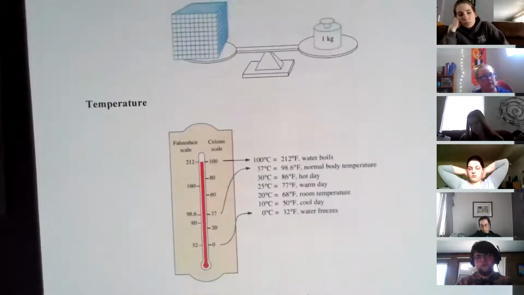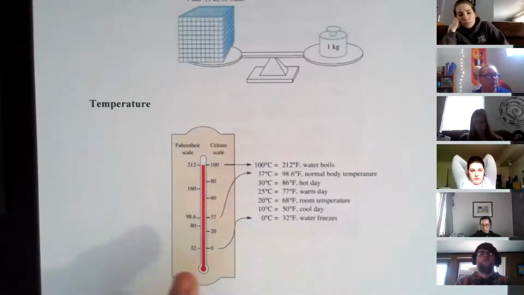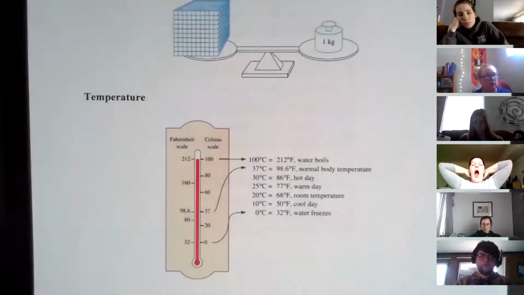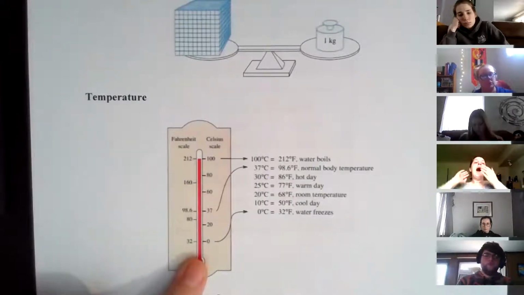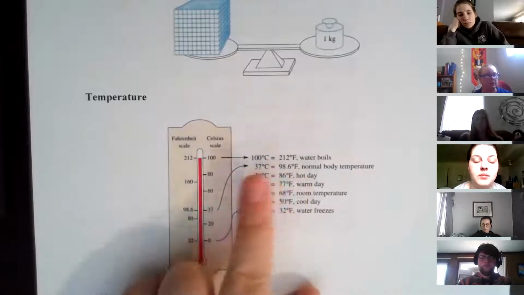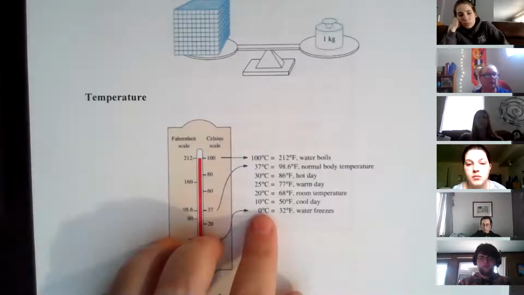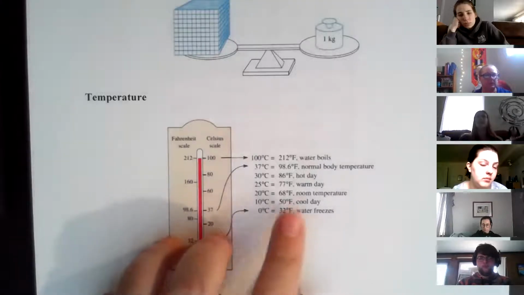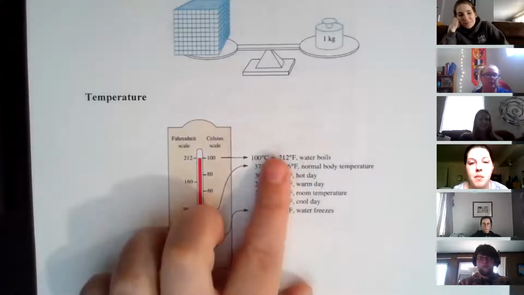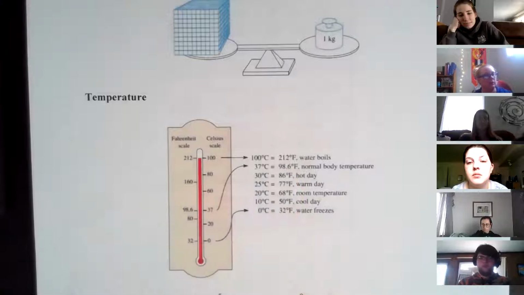Then we also have temperature. Here we use Fahrenheit. Everywhere else uses Celsius. And these are the conversions here. So we can't just say for every degree temperature, we would just add 32. It doesn't work that way. There's not a constant trend here, but there is a pattern, and it ends up being linear,